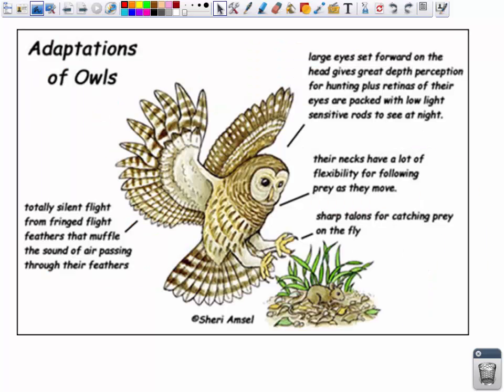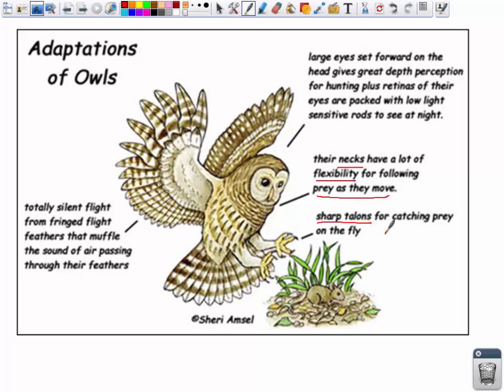Another quick example would be the owl. I thought these were really cool, not only because I love owls and it's one of my favorite animals, but it's an interesting creature. Their necks have tremendous amounts of flexibility so that they can follow prey. They can almost turn their neck 360 degrees around, and it's all about finding prey, so that's a survival adaptation. And same thing with sharp talons